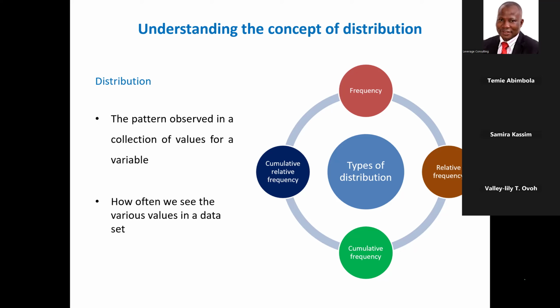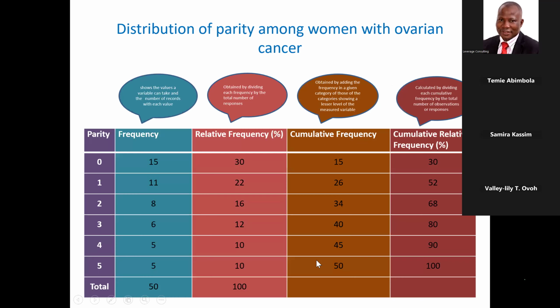From that, we have 4 types of distribution: frequency distribution, relative frequency distribution, cumulative frequency distribution, and cumulative relative frequency distribution. So we'll move further. The example I've tabulated here explains all these 4 types of distribution. We have an example here of 50 women